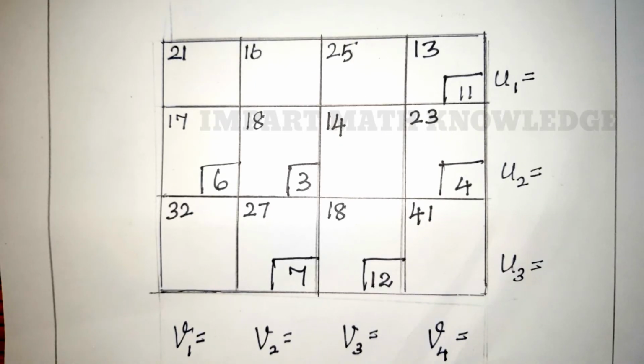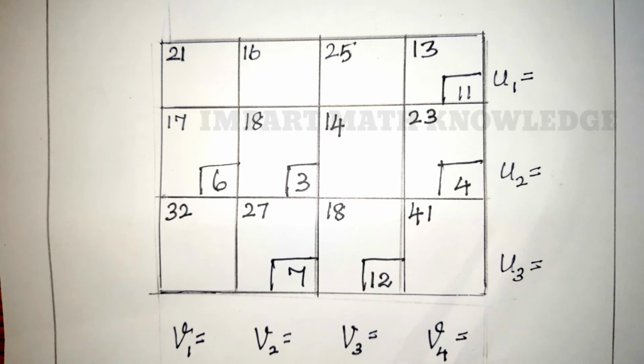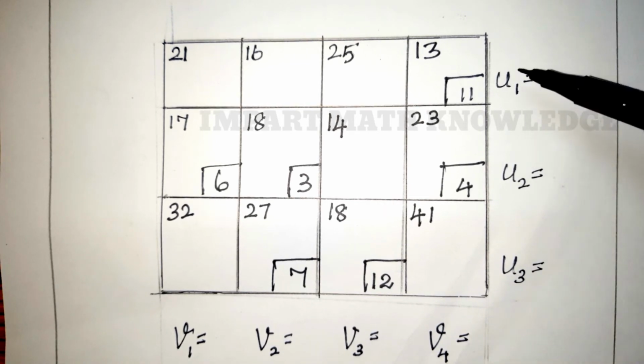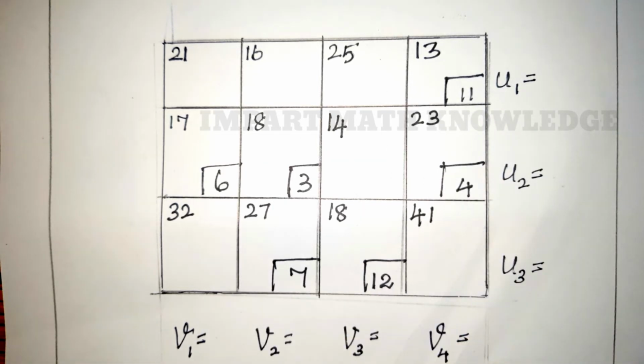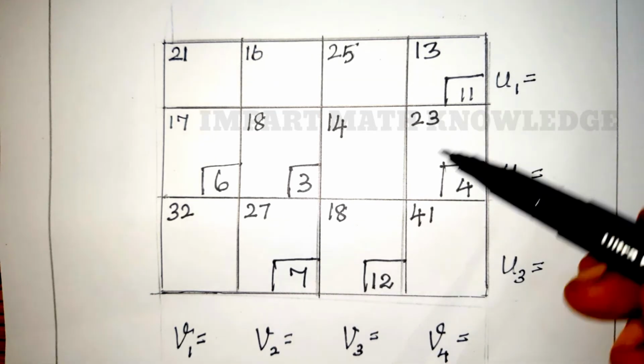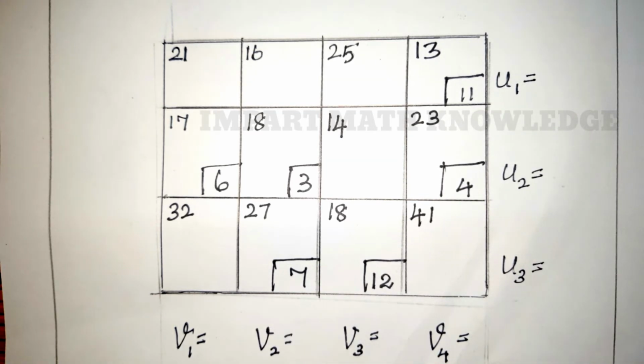Step 4 is check the optimality using Modi method. First step, you have to find U and V values. Here I write all the allocations. First step, we have to find U and V values with the allocated cells, using the relation Cij is equal to Ui plus Vj. Before moving into the formula, we have to assign 0 for any one of U and V value.